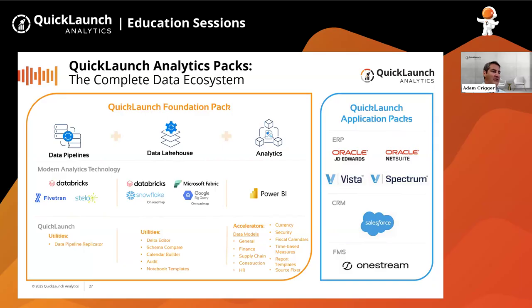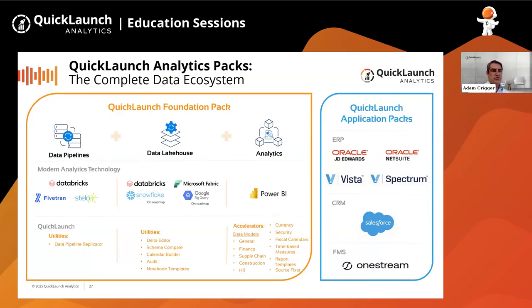So you think about the financials: our JD Edwards financial model or enterprise model that has a financial subject area within it has the same measures regardless of what ERP it is. Those same 500 calculated measures around the GL, revenue, gross profit, net income, actual budget variance, month to date, quarter, year to date, are now available as a generic model as well. So if you have multiple ERPs, some we support as an application pack, some you don't, you could then use these models. Or maybe you don't even have any of the technologies or applications that are listed on the right. And so that's the concept: foundation pack.